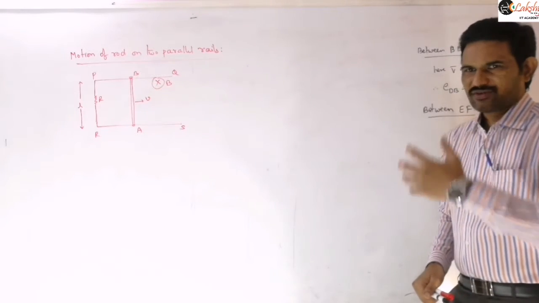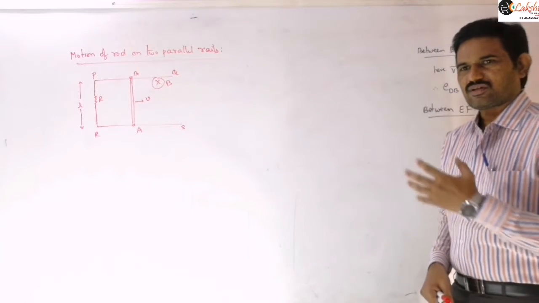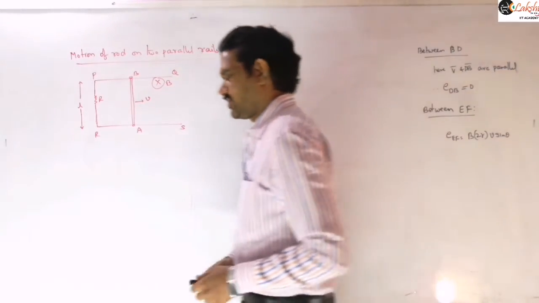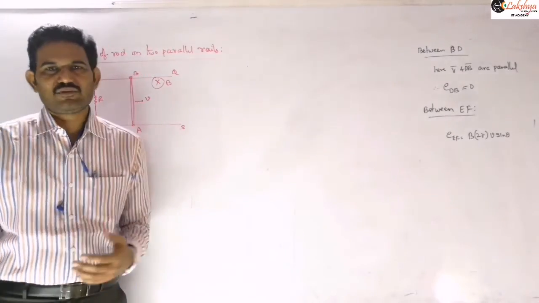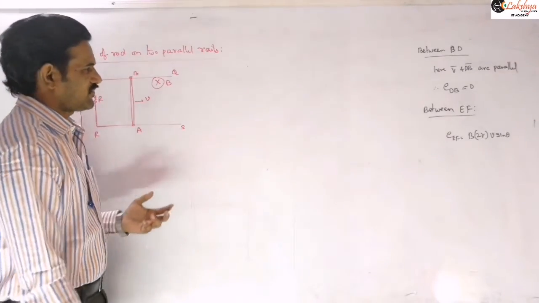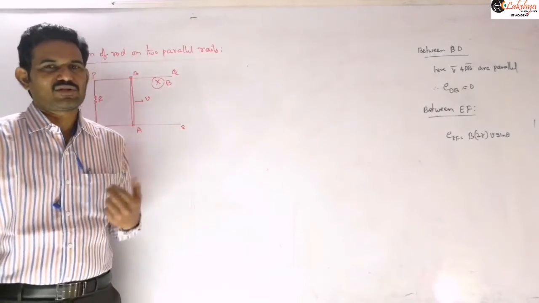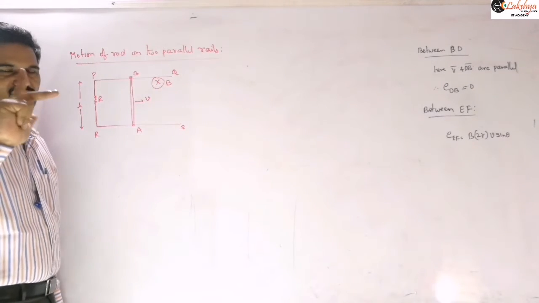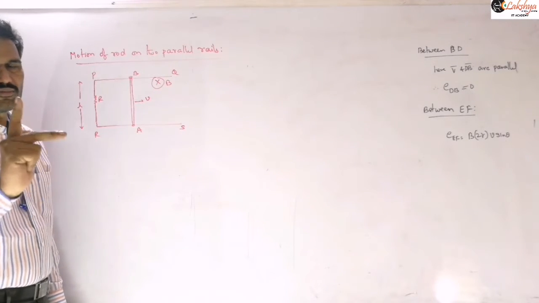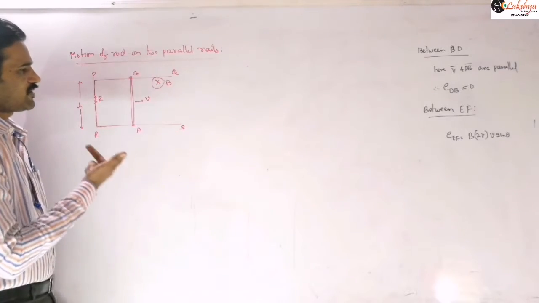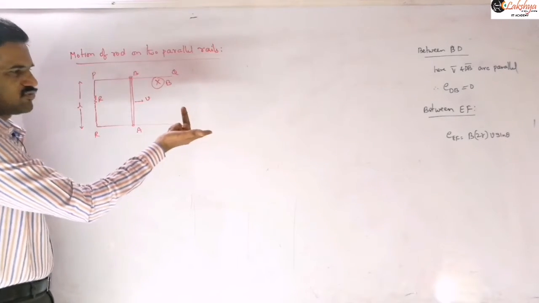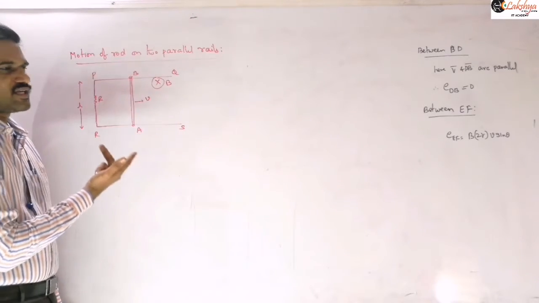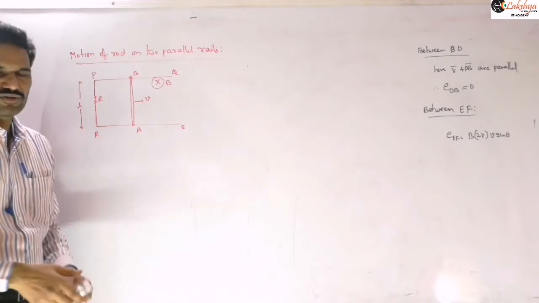Then now let us see the different parameters related to this here. That means whatever different parameters we can write related to this, now we are going to write those parameters. As the rod is moving right, induced EMF will be there first of all. So if induced EMF is there, then let us think about which is the higher potential out of A and B. Then we need to apply Fleming's right hand rule. If you are applying Fleming's right hand rule, the field is inwards, the rod is moving like this, so the current will be there from A to B. So current is flowing from A to B means B is at higher potential.